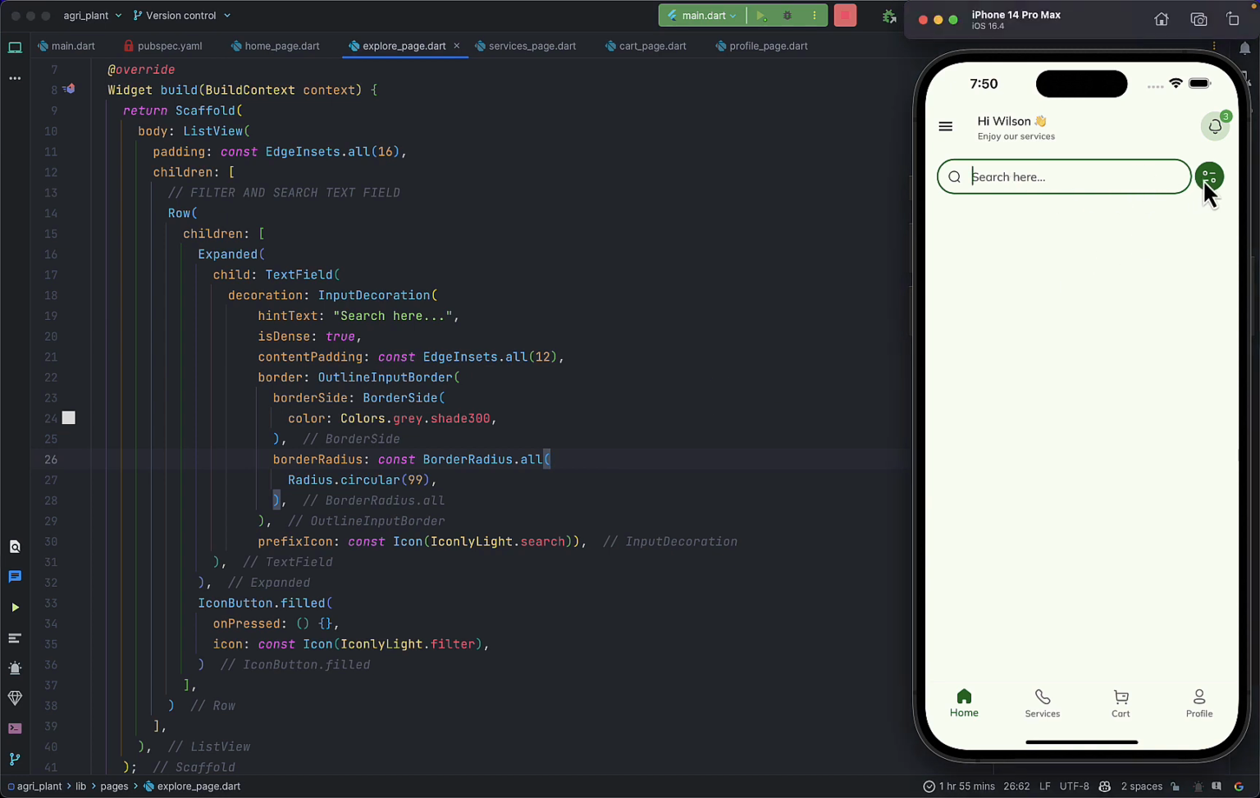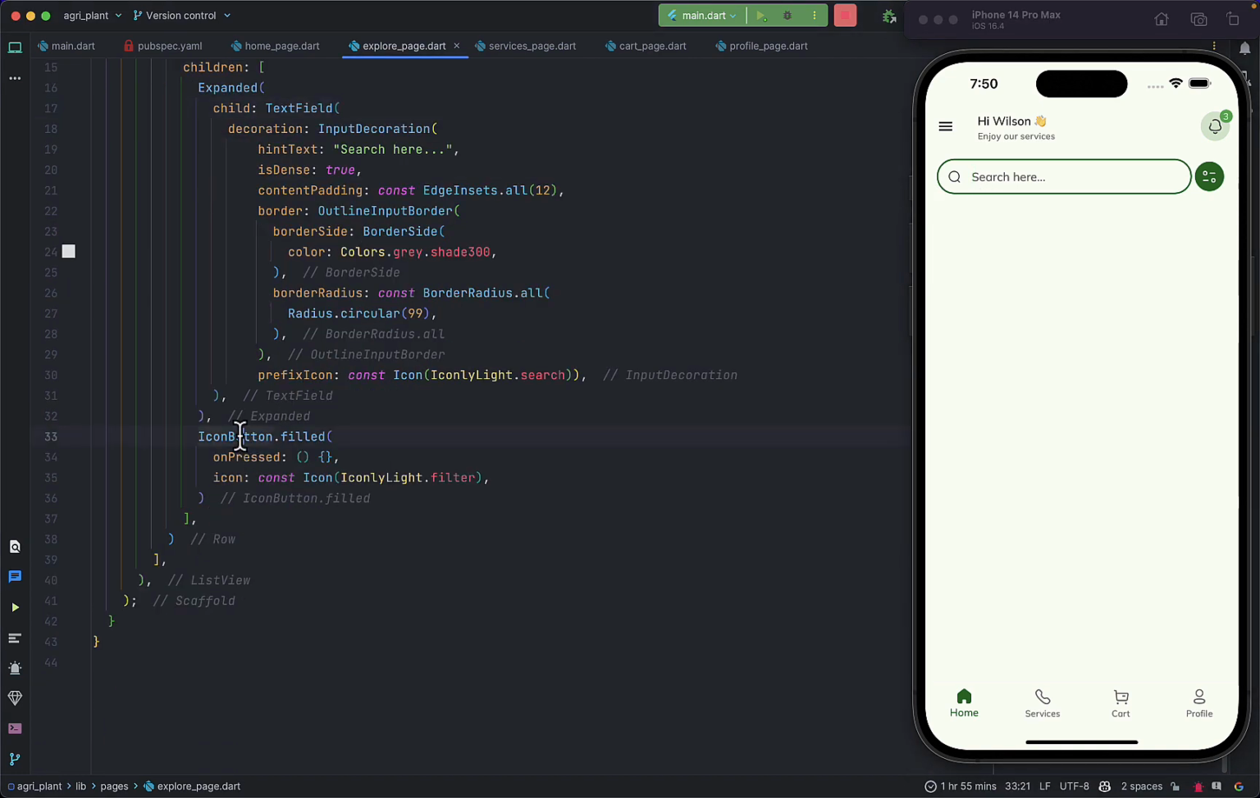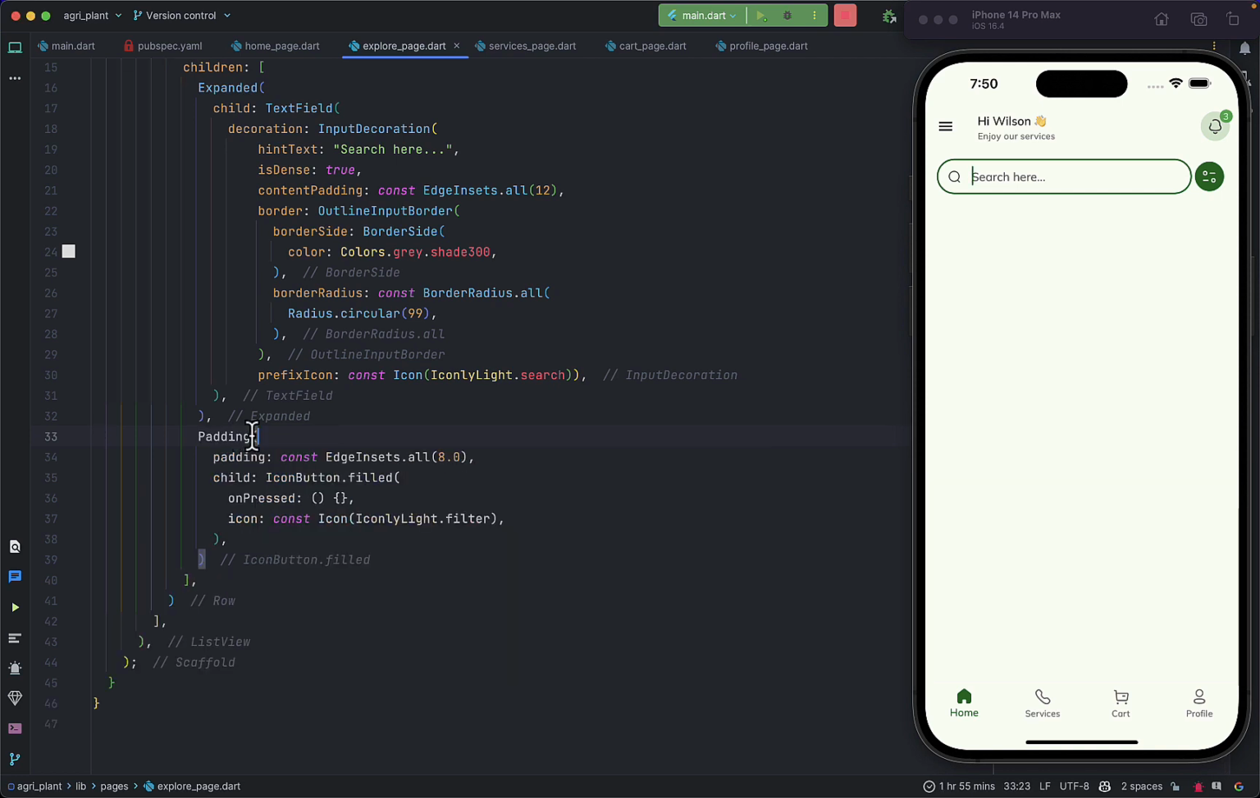Also, our filter button is very close to our search field. So in order to fix that, just wrap our icon button in the padding widget and set the padding to be only left, right, with a value of 8, or if you want more space we can put 12 here, and that should be okay, right? So that is going to be for our search